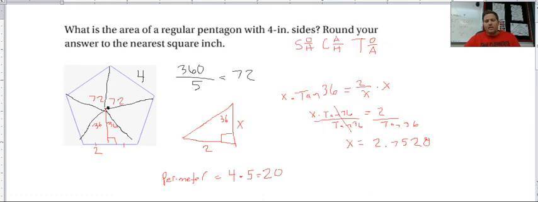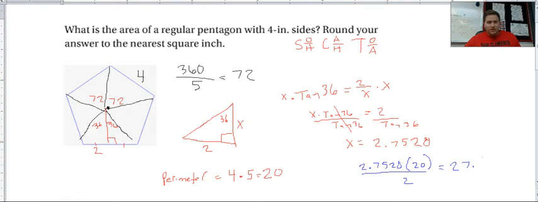My final answer is going to be the apothem, 2.7528, times my perimeter, 20, times 1/2, or divided by 2, and we are going to get an area of 27 point